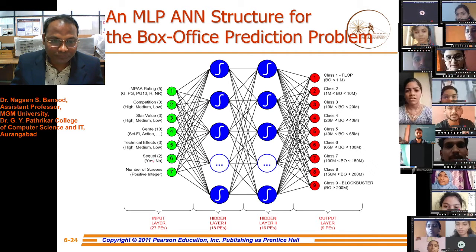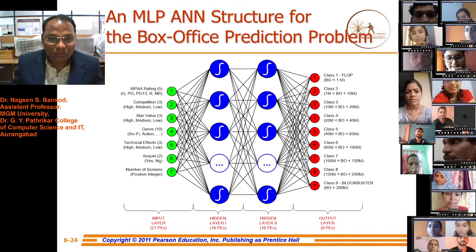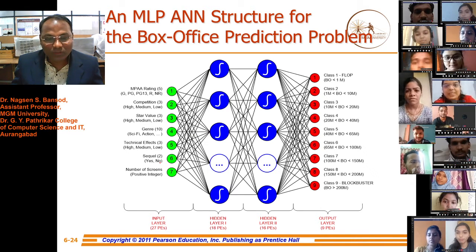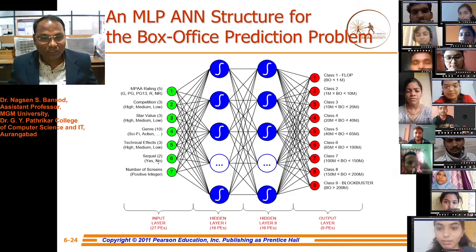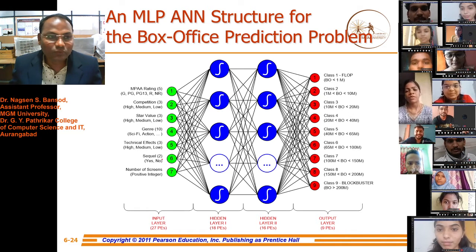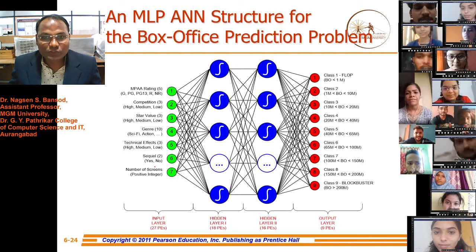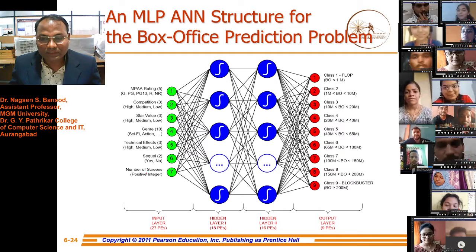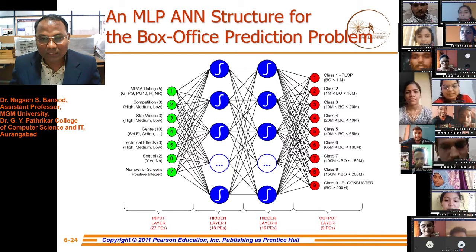Then sequel: is there any historical connection to the movie, or is it only an entertainment movie? From this we will select two features, yes, no. The number of screens, a positive integer, is also an input.